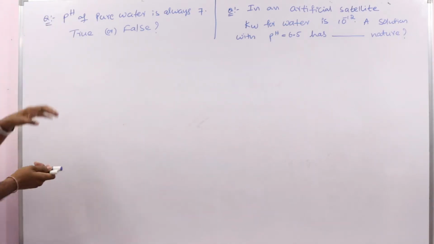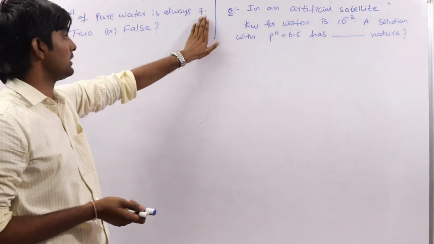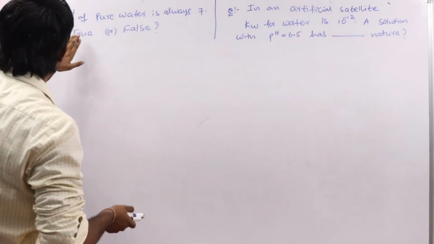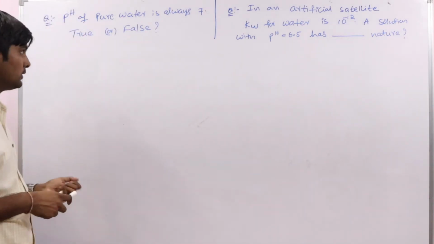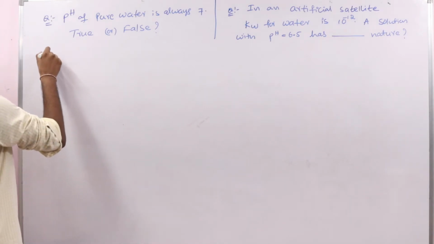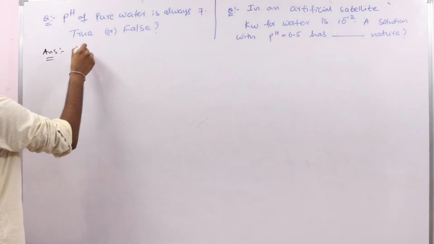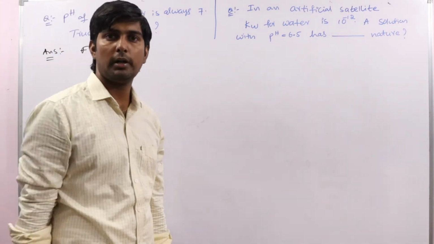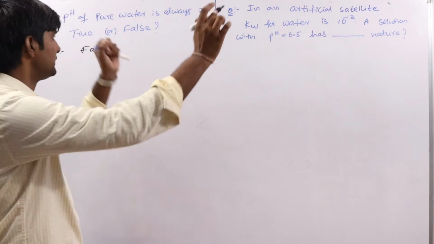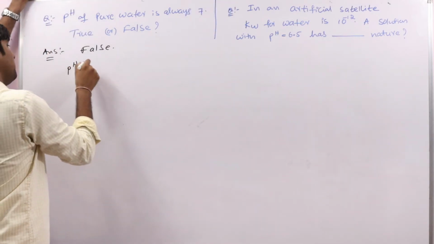First one is: pH of pure water is always 7. A statement is given, and we have to tell whether it is true or false. So this is false. The pH of pure water is not always the same. That depends on